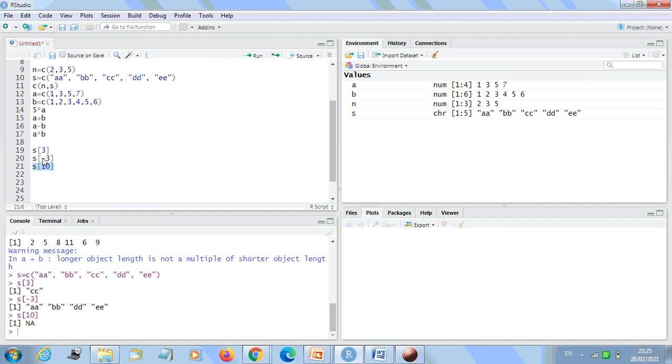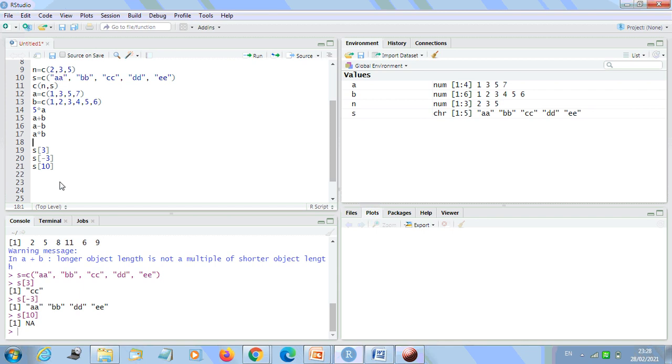If I write the index number, that is 1 based, 1 2 3, I am going to get the value at position 3. If I write minus 3, the value at this index will be stripped out, and the remaining vector we can see here. And if I try to access a member which is not in the vector, we are going to get an NA value. Hope you have got this one.